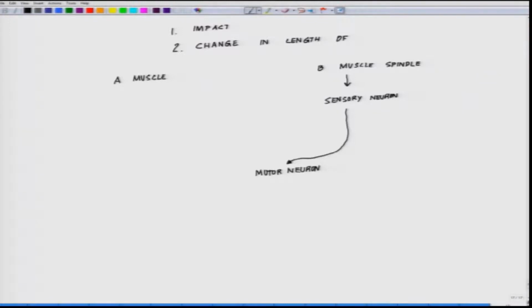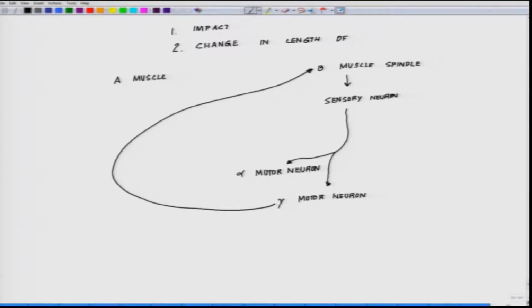Now, the motor neuron out here carries the message to two different motor neurons in this case. One is alpha, one is gamma. Now this gamma motor neuron brings its message telling the muscle spindle to regain its change in length, or rather back,